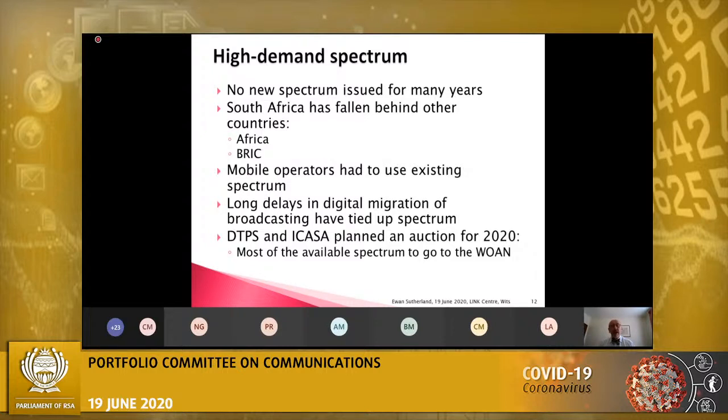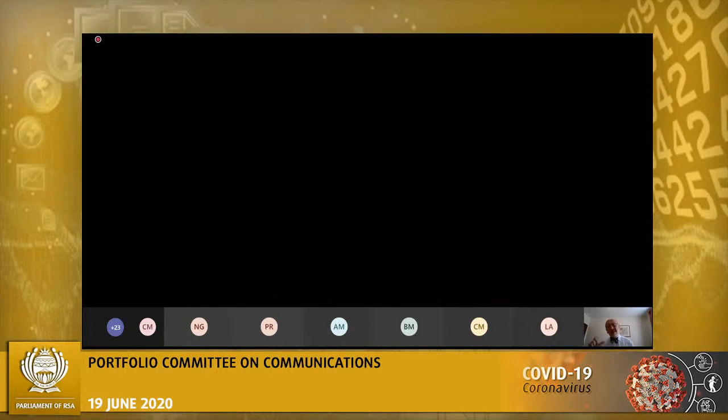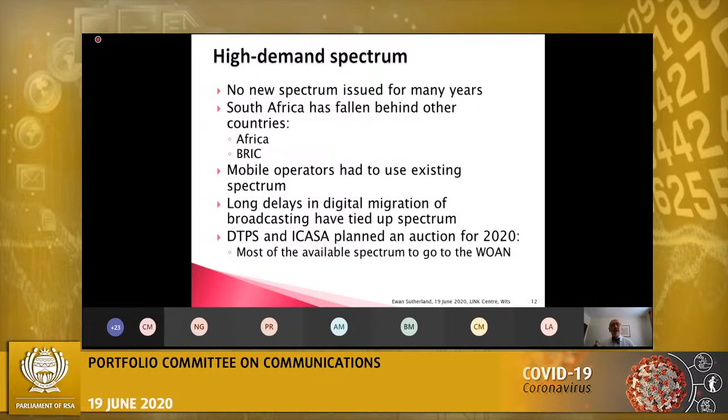So South Africa had consequently, because it hadn't been issuing the spectrum until a few weeks ago, fallen quite badly behind some other countries in Africa, and certainly the BRIC countries have been very enthusiastic about this. So mobile operators were able to go from 2G to 3G to 4G to 5G basically by reusing spectrum. And that gets quite interesting because they then have to take a commercial judgment as to how they use the